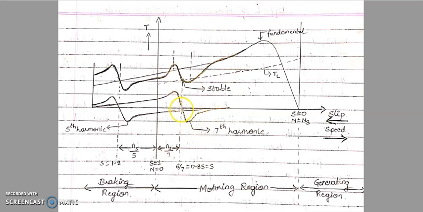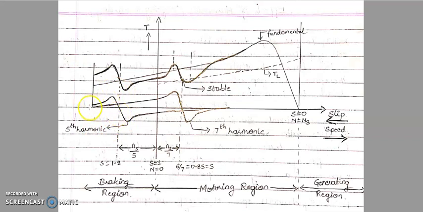So we shall not be bothered about this. Just go with only the motoring region, from this point to this point. At this particular point, you can see it is going to the generating region. As we are dealing with crawling, we are considering only motoring as per this topic. So let us not bother about the generating as well as braking region. So the 5th harmonic we are not considering. If you don't consider it, you can see it is affecting only the braking region, whenever you brake.